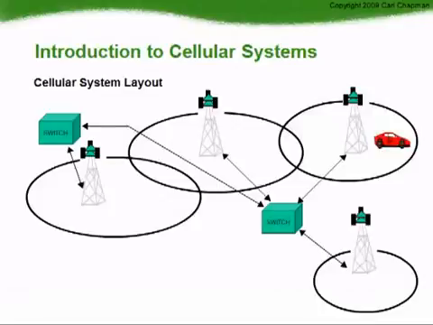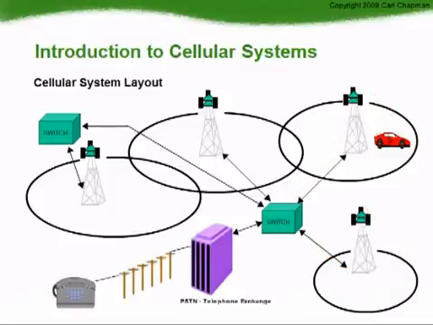For a cellular-to-cellular call, the call is originated at the mobile. The signal is sent to the strongest cell site and passed to the switch. The switch then transfers the signal to the cell site with the receiving mobile. The switch from the cellular company is also connected to the landline telephone company PSTN through a gateway. For a cellular-to-landline call, the signal is sent to the strongest cell site and passed to the switch. The switch then transfers the signal to the PSTN exchange and onto the land telephone.